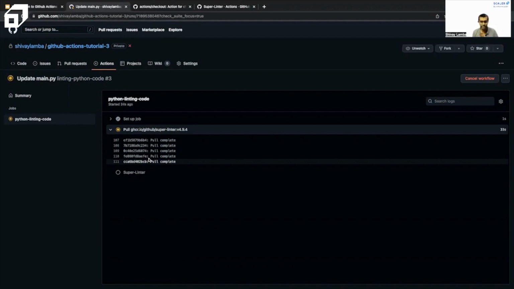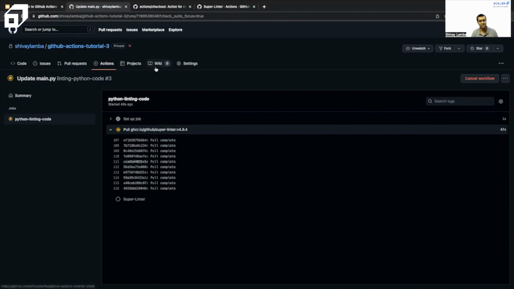So it will be able to detect that, and it will go ahead and not run this particular workflow successfully, because it is able to actually find that specific thing. Now, of course, your actions, while we wait for this particular workflow to run successfully, your action journey does not